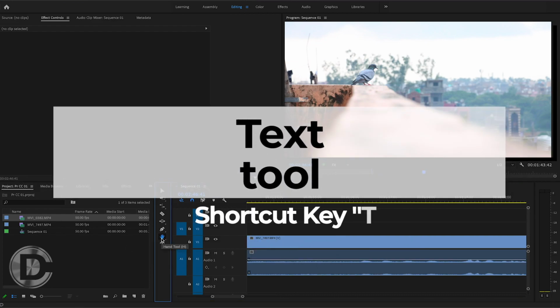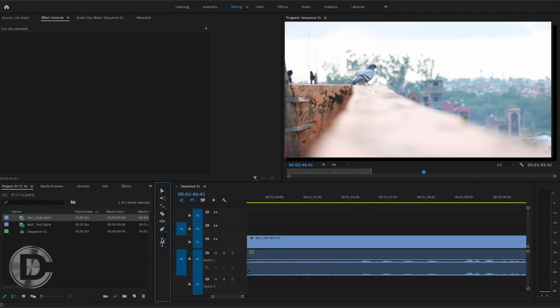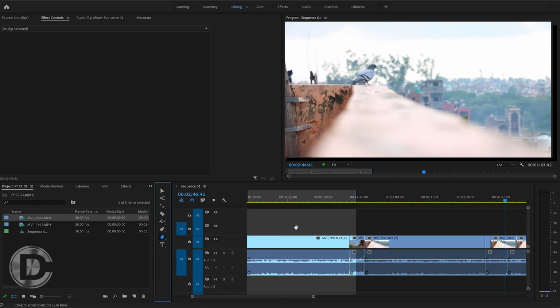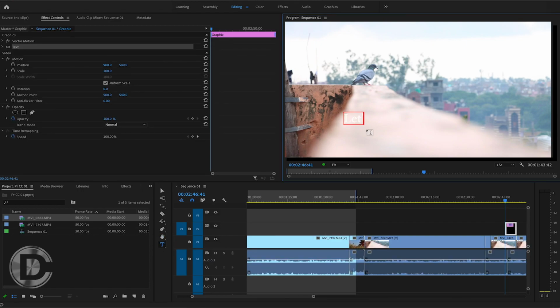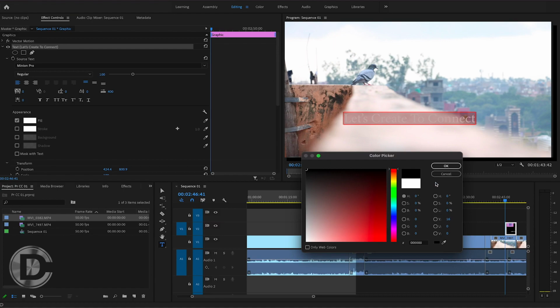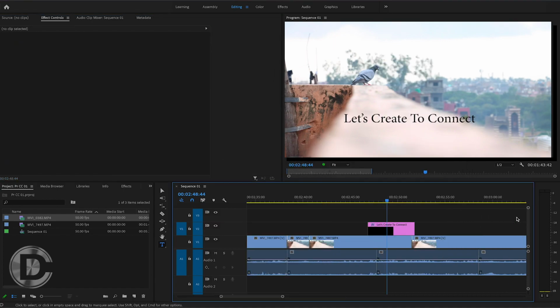Next tool is text. You can use shortcut key T for that. As the name suggests, you can simply create a text layer with it. It will create a text for you. You can change its color from the effect controls panel. This text tool also has a feature.